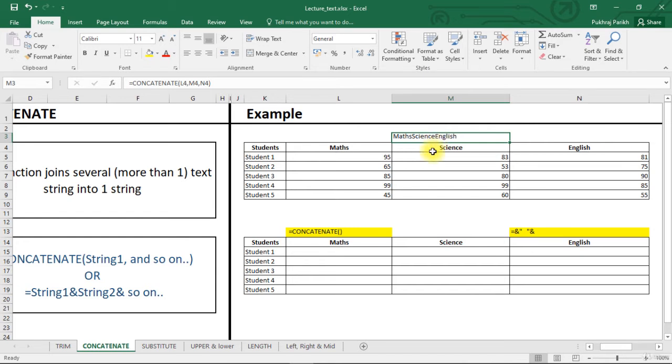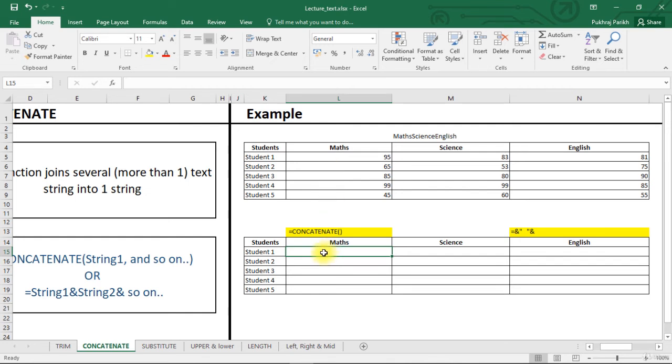To further understand the use of this function, let us try to create a table where instead of just marks, we will write that student 1 has scored so many marks in this subject.